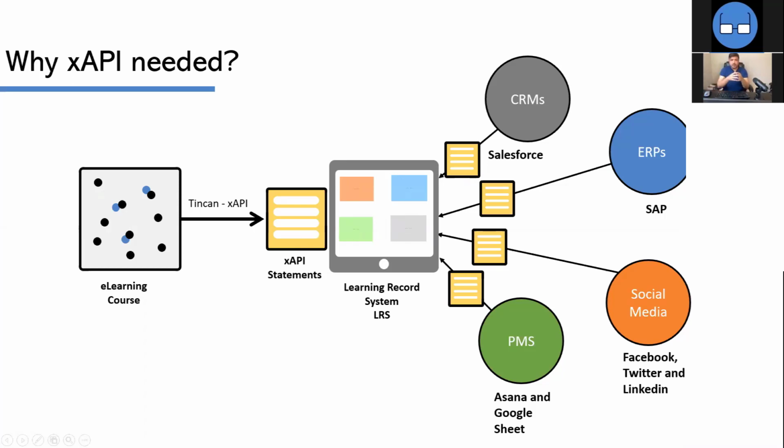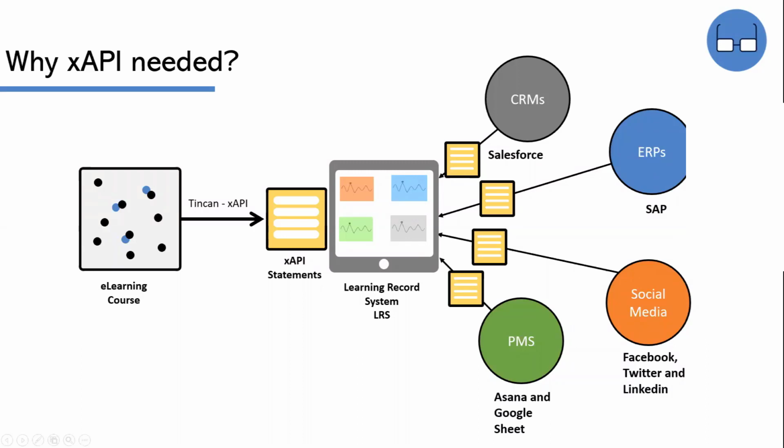Now, the beauty of the LRS, when it comes to comparing LRSs with LMSs, is that LRS is just like a centralized system of all the other systems. When I say that, I mean that this particular system can communicate with other systems like CRM, like ERP systems. And that is something which is really important when it comes to implementing xAPI, because right now what is happening is we have